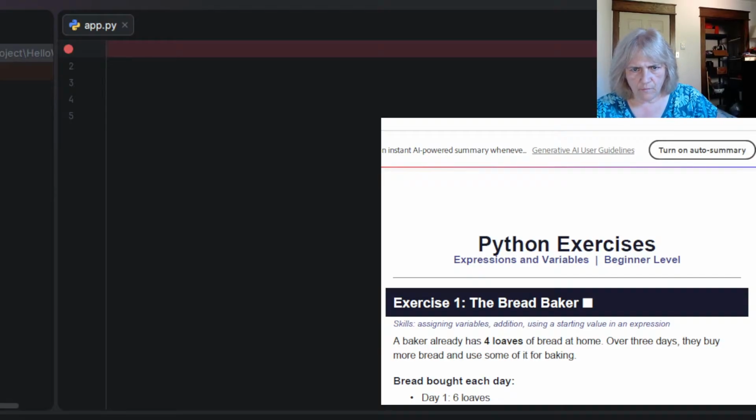The bread baker. A baker already has 4 loaves of bread at home over 3 days. They buy more bread and use some of it for baking. I don't know how you use bread for baking, but that's what it says. These are exercises that I had Claude come up with for me. Expressions and variables is the